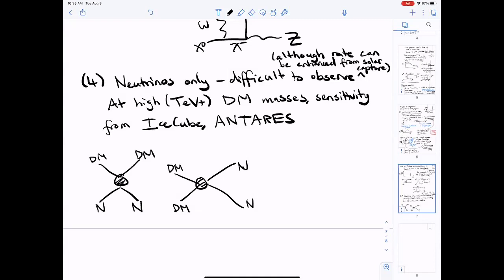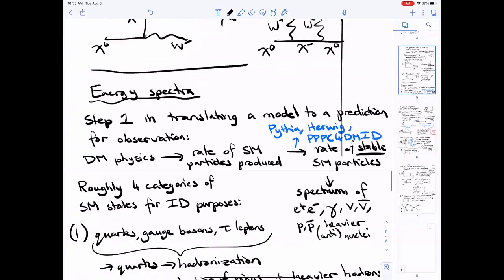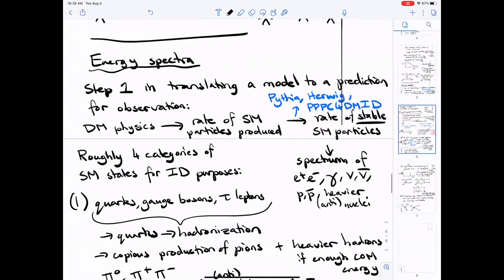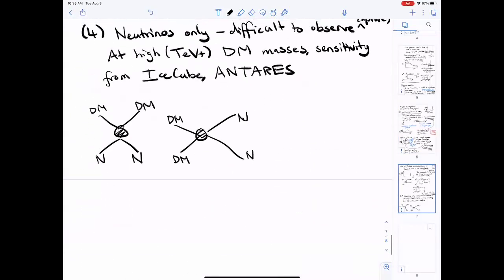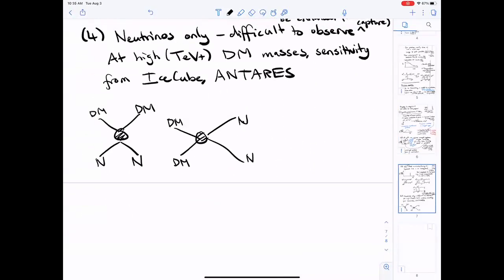Okay, so I just want to mention two more things before we wrap. The first is, in this neutrino case, if I'm making really high energy neutrinos, they can actually radiate electroweak gauge bosons. And so then you're back to scenario one, where I make gauge bosons and they decay and they make photons and they make charged leptons and stuff. So those signals can actually be easier to see than the primary neutrinos. At high energies, radiation of W and Z is important.